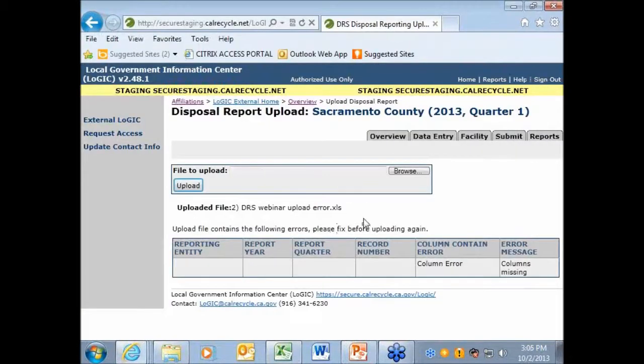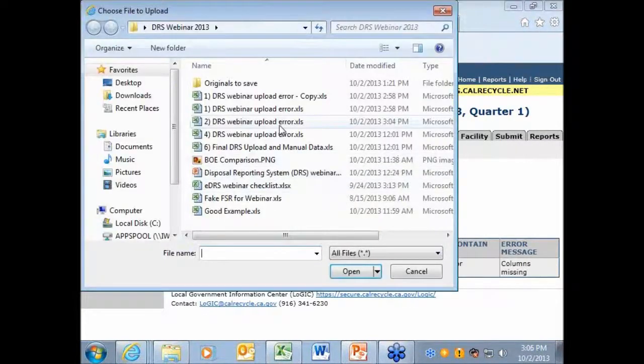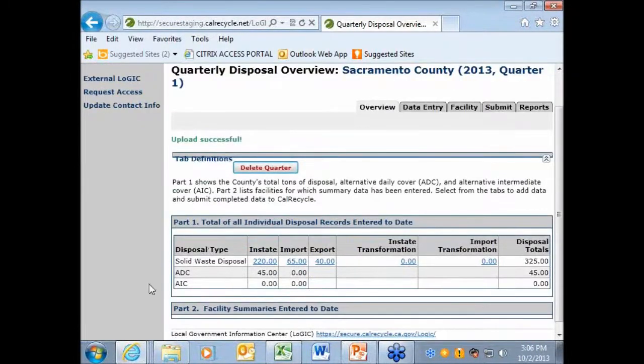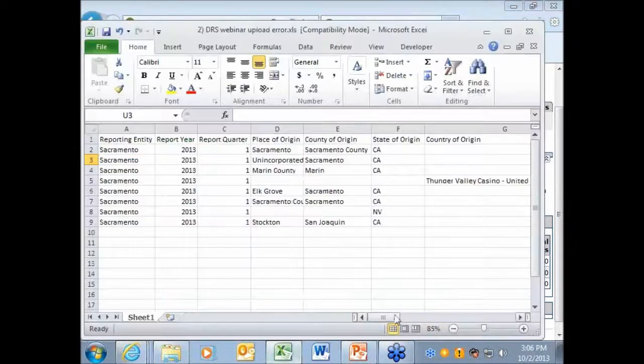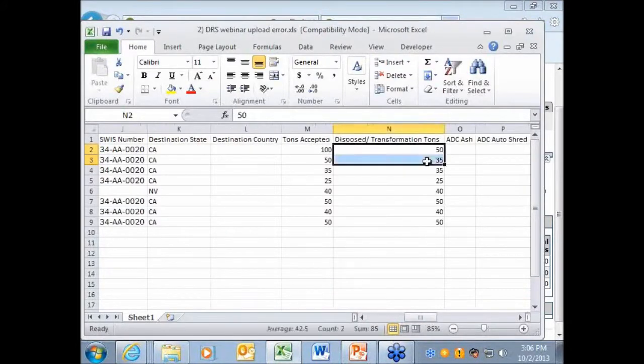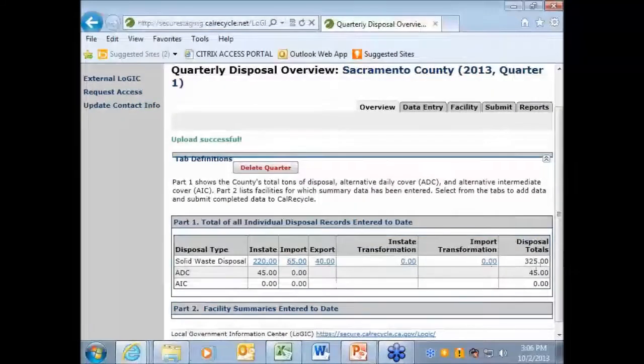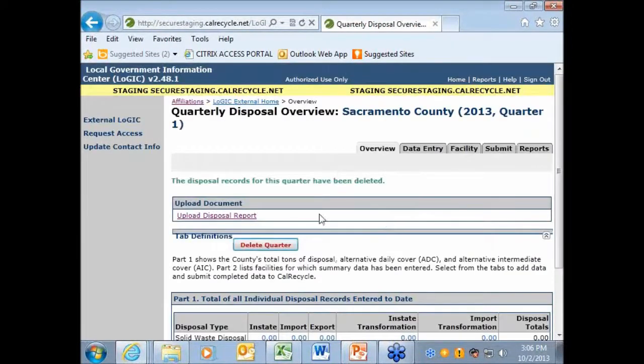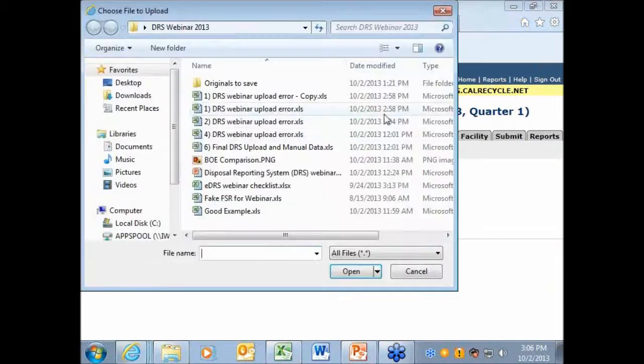So if we go back, we browse our file, select the file again, click upload. As we fixed those records, it went in no problem. So again, you want to double check your totals. In this case, 325, and again, you do the same thing for the ADCs. All right. Next potential issue that you might run across. Simply, again, select the file,